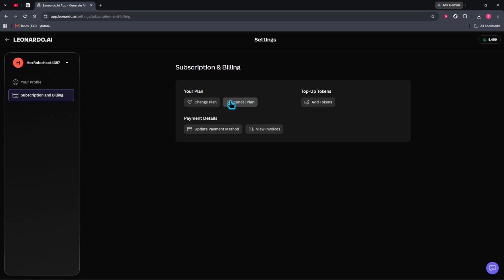The platform may ask you to confirm your decision before finalizing the cancellation, so read each prompt carefully and continue until the cancellation is fully submitted. As a helpful tip, it's a good idea to watch for a confirmation message on screen at the end. If available, you may also want to check that your plan status updates correctly after cancellation, just to make sure